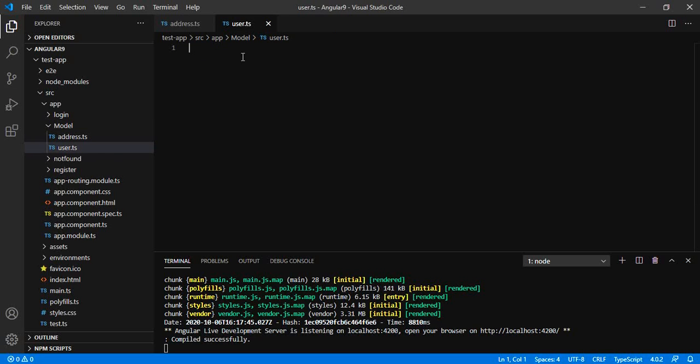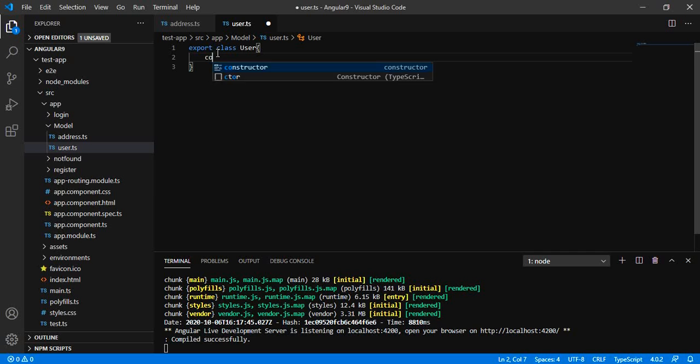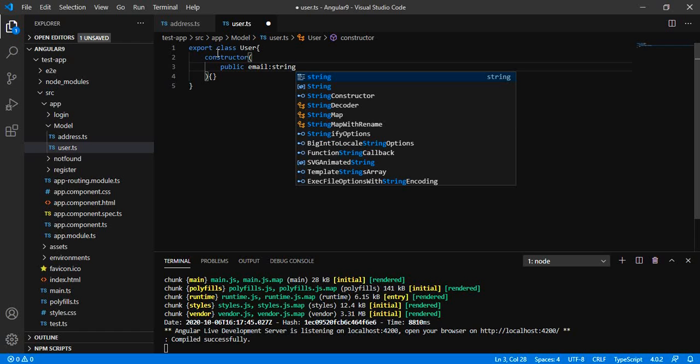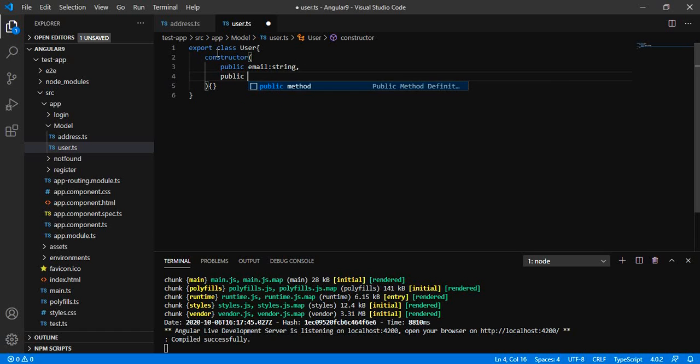Now let me add the required properties on the user model. We are using the TypeScript shorthand syntax for defining the constructor.